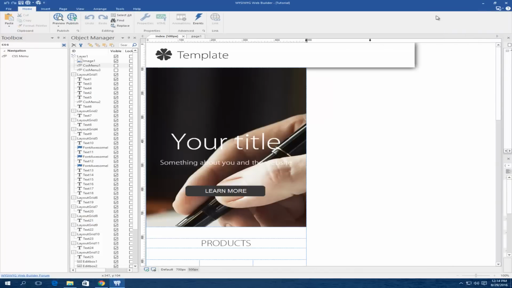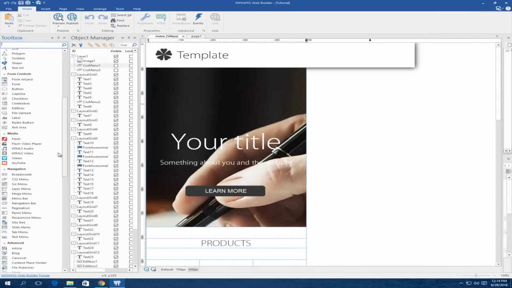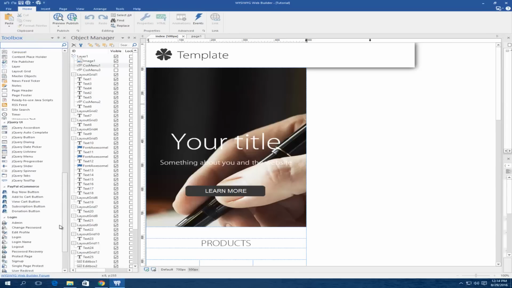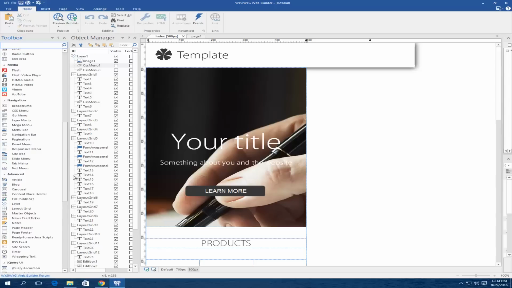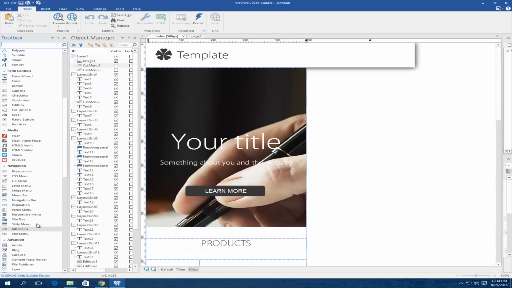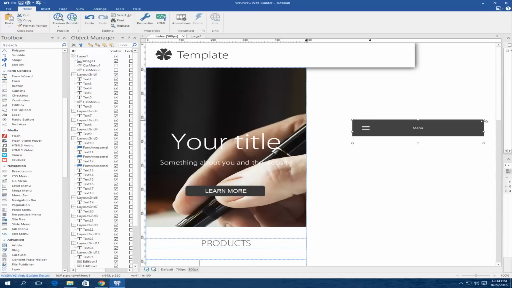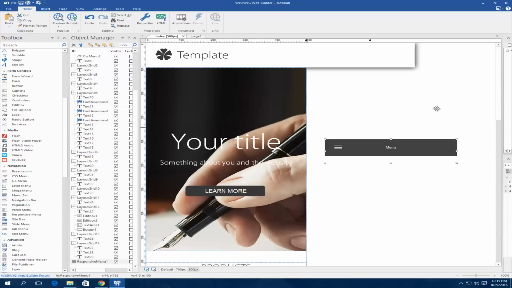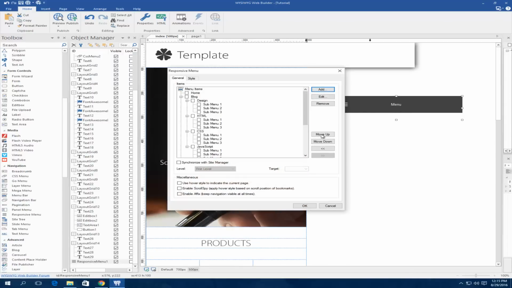Well, we have a new tool in WYSIWYG Web Builder 11, which is called mobile menu. So we can find it here, responsive menu. It's called responsive menu. But before that, let's save our progress by clicking on this icon here. Okay, we can add it, and now it looks black. Obviously, we need to customize it. Okay, so I'm sorry. So double click on it,